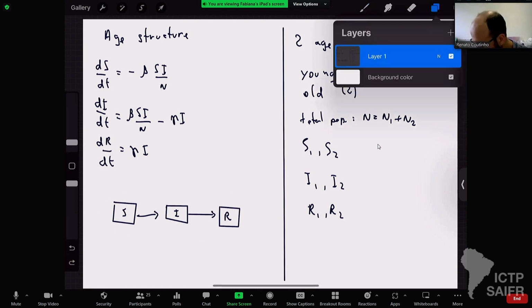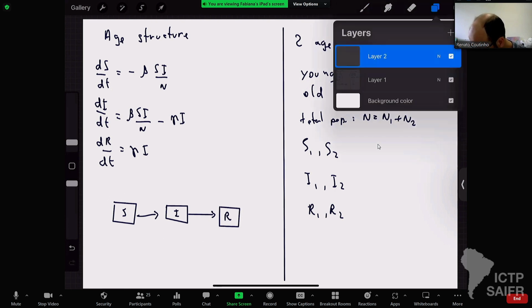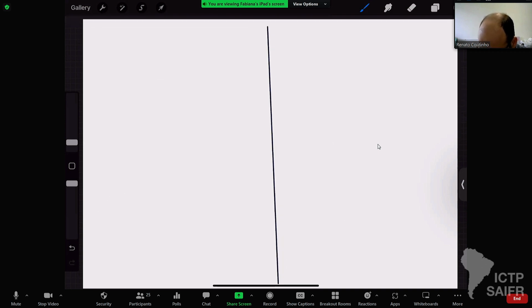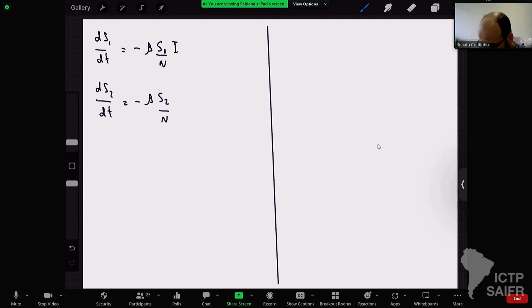So we have equations that will look like this. This is pretty much the same. So this is dS1/dt and dS2/dt, and so on. And here is the thing: you have an infection rate that should be something like this, times I. So this is proportional to S1, and this is proportional to S2. So far so good, but then divided by the population